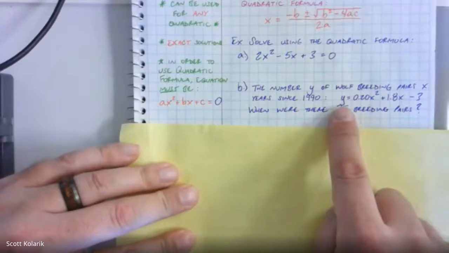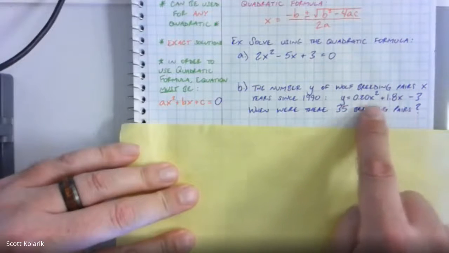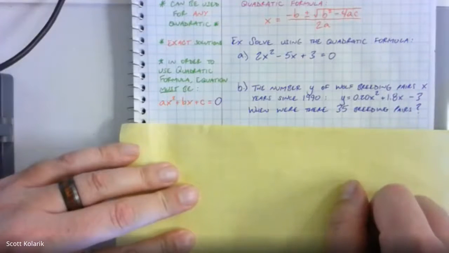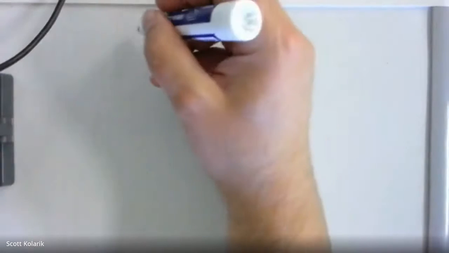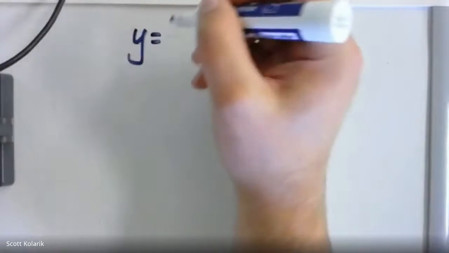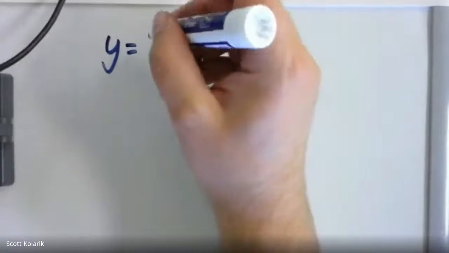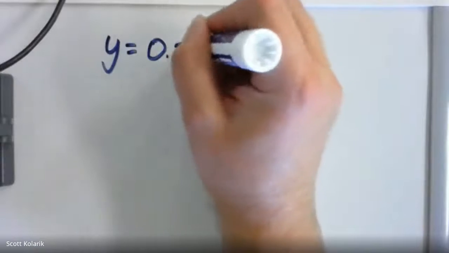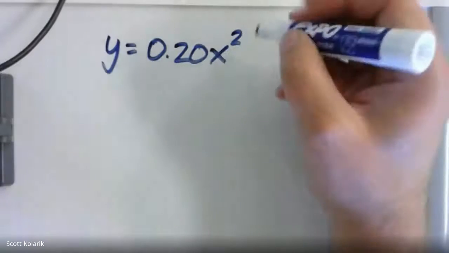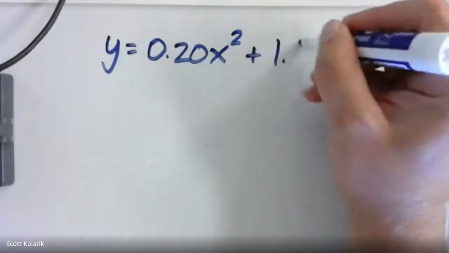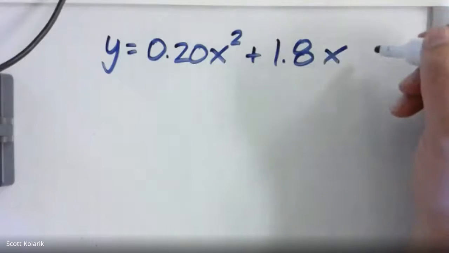So what we're going to be doing is plugging 35 in for that Y value there and then solving for X. All right, so let's do this on the whiteboard. The original quadratic we were given is as follows. We were given y equals 0.20x squared plus 1.8x minus